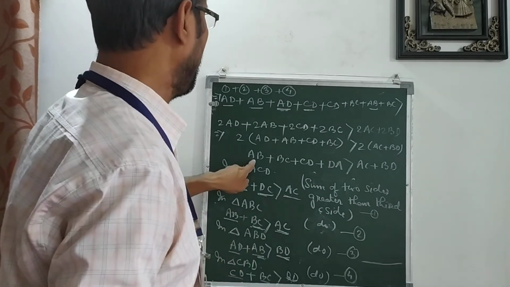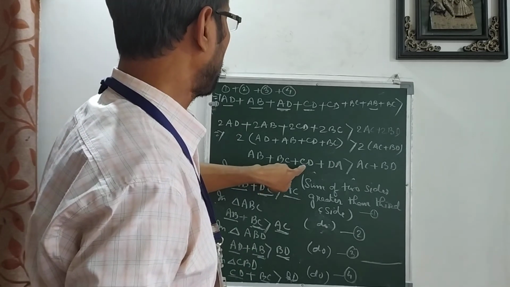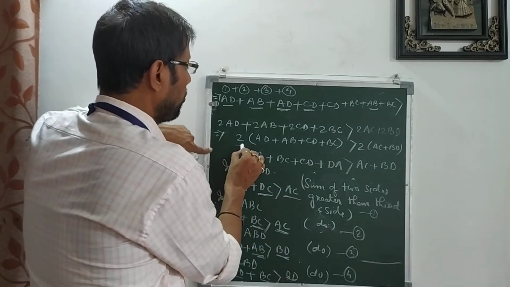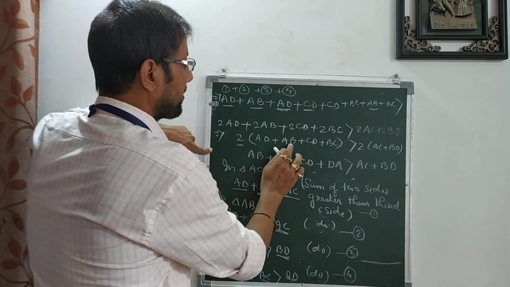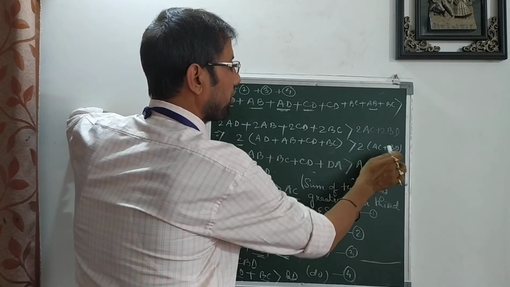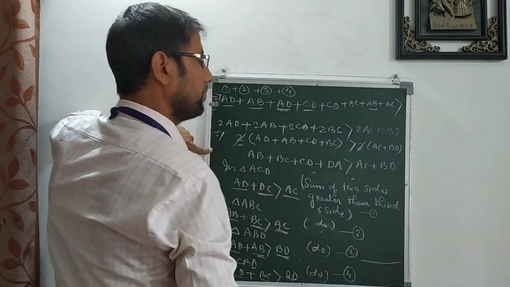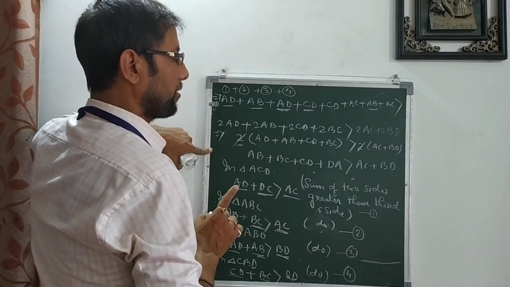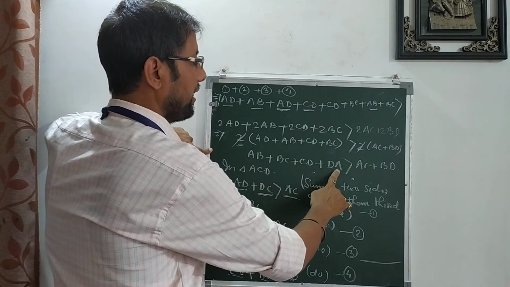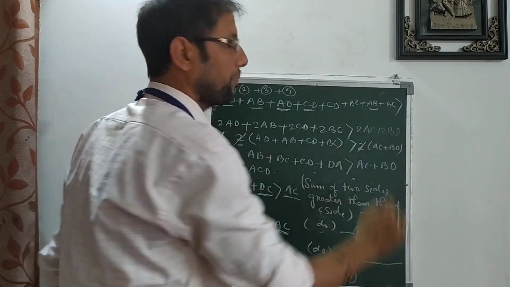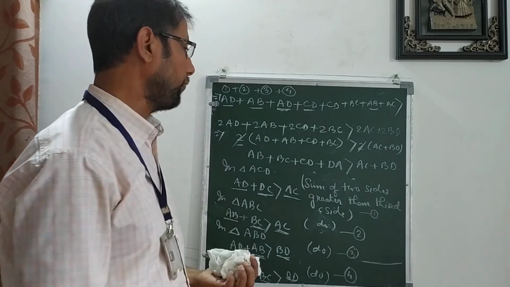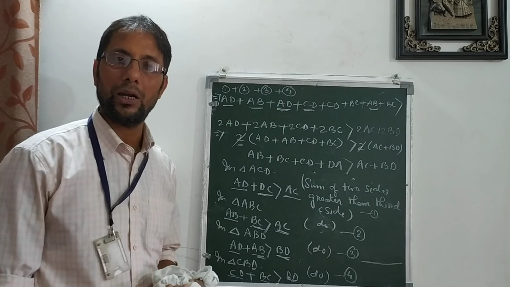Now see, we have to prove this one. Now what will I do, students? Here is 2 times AD plus AB plus CD plus BC, greater than twice AC plus BD. Now I can cancel these 2, students, remember. So AB plus BC plus CD plus DA is greater than AC plus BD. This is your proof. So hope students you have understood this proof.